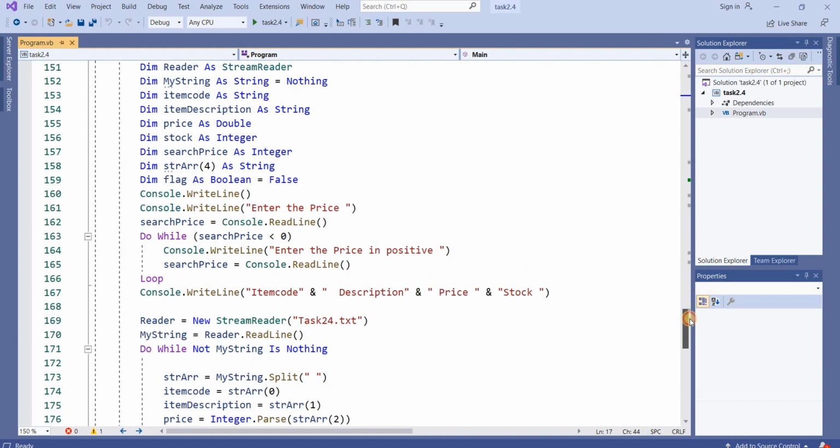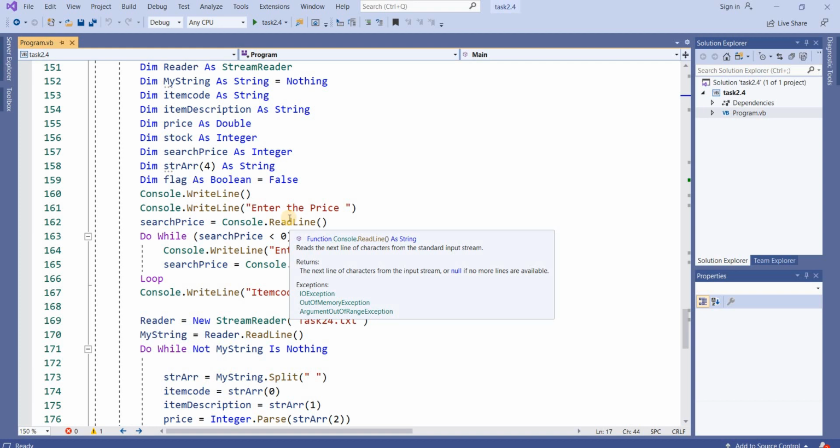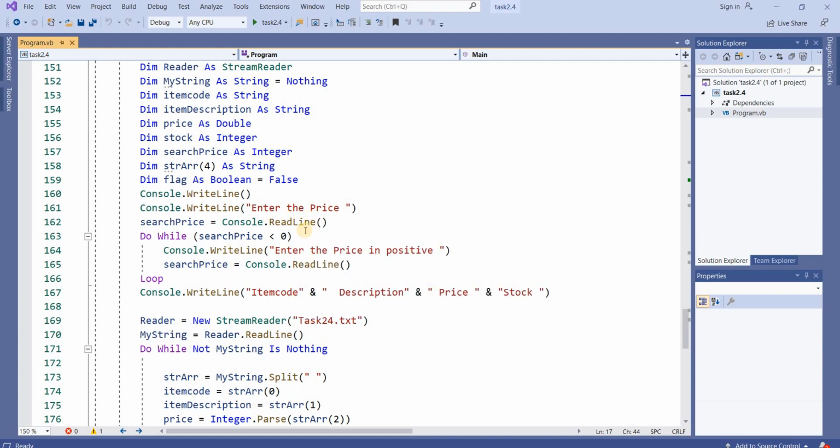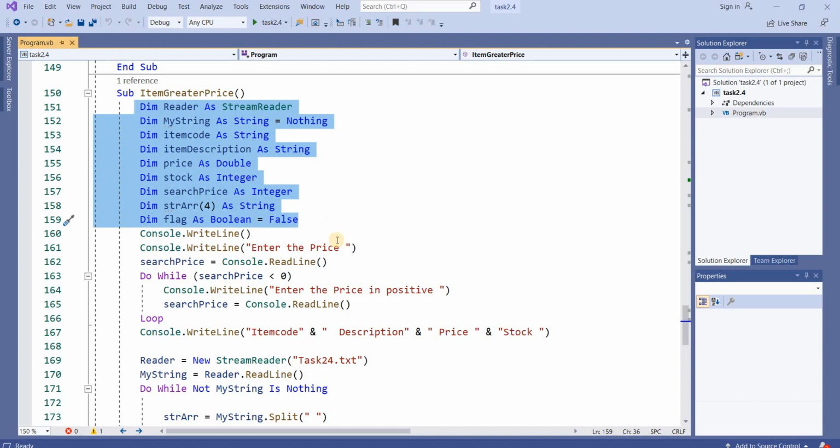Because price is of integer type, not real or double type, I have to convert it into an integer. I stored the price as a string in the file handling, but when I fetch the data from the file, I have to reconvert it into the integer data type. This is the variable declaration as we have discussed. And enter the price. Again I have used the same variable, search price.